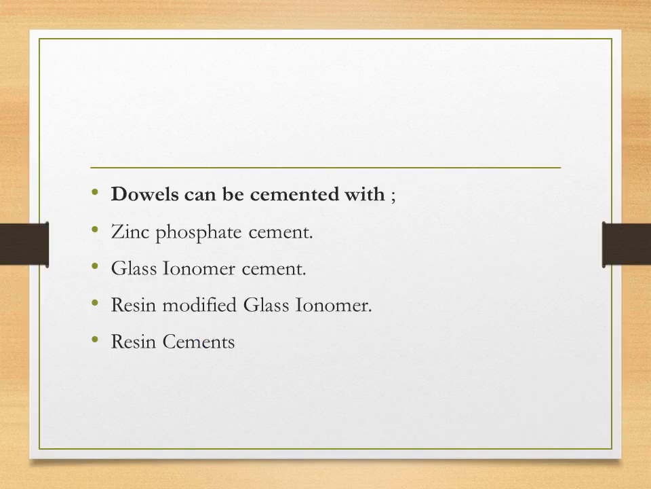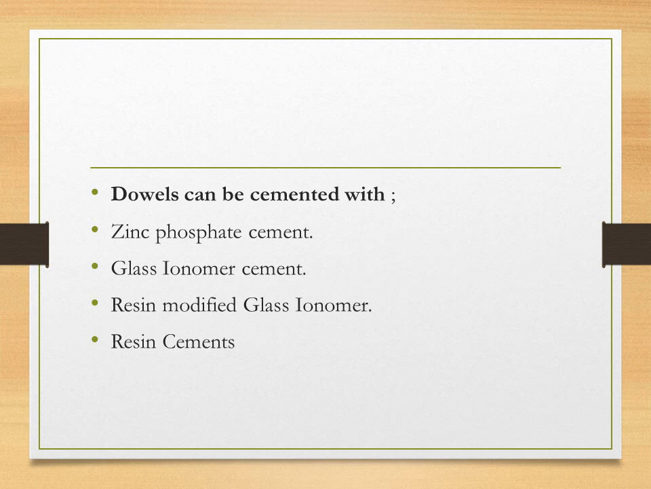Now regarding the luting agents which can be used to cement your dowel or your post. Another name for your post is also the dowel. The different types of cements are zinc phosphate, glass ionomer, resin modified glass ionomer, and pure resin cements. Nowadays, because we are more into aesthetics, we prefer to use the resin modified glass ionomer